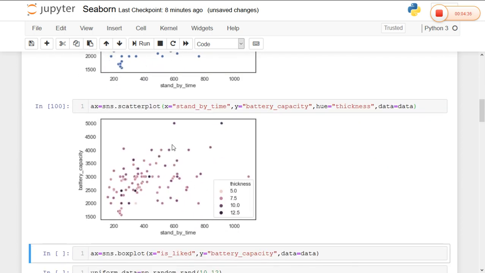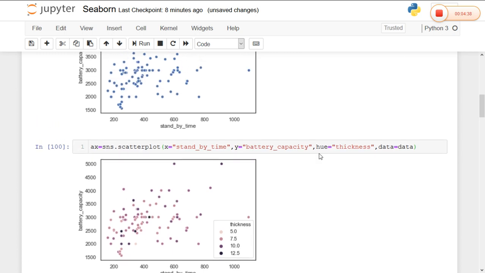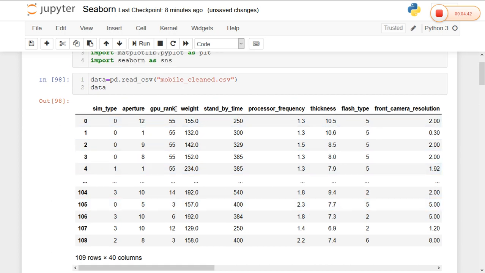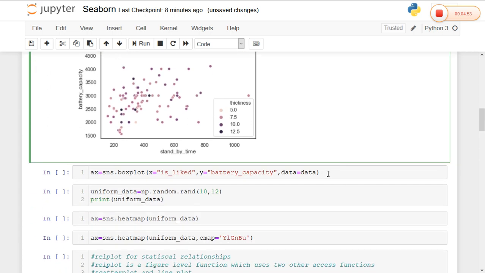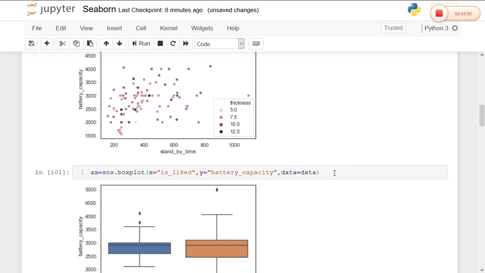To make it three-dimensional, I pass another parameter called hue and any column you require, such as GPU rank, weight, or flash type, whatever it may be. So the parameter passed as hue, as a third parameter, gives a three-dimensional plot. So I am taking another two columns.